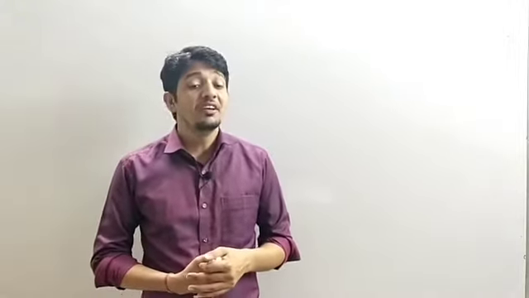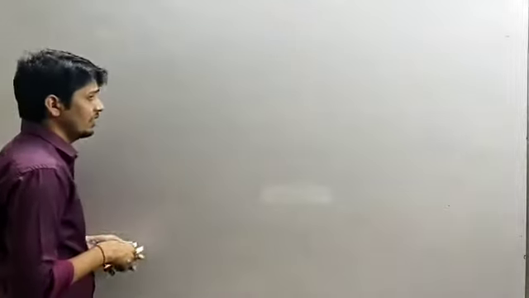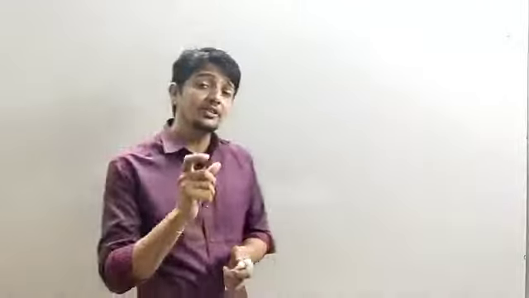Today we will continue with our chapter acid, base and salt. So today we will learn the ionic compounds and the electrical conductivity. So what are ionic compounds basically? Ionic compounds are the compounds that, when they dissolve in water, produce ions. Or we can say those compounds formed by give and take of electrons are called ionic compounds.